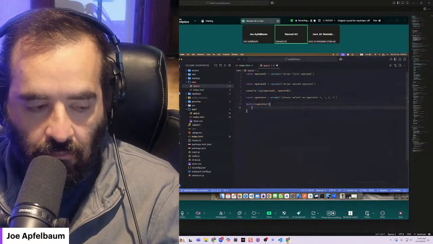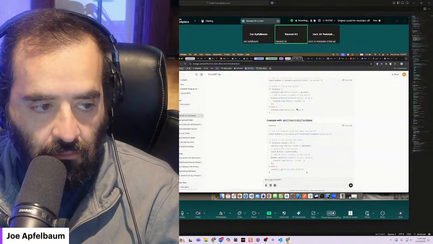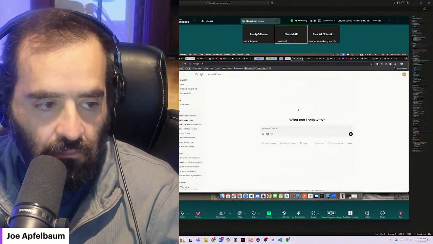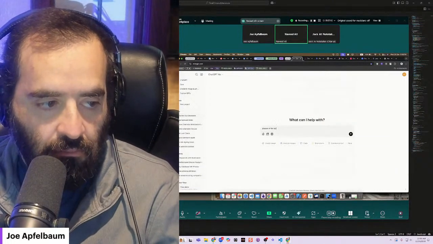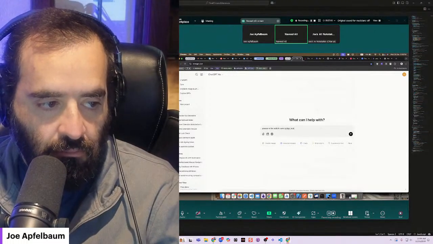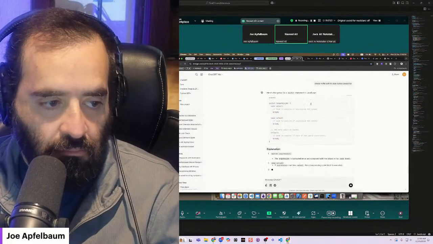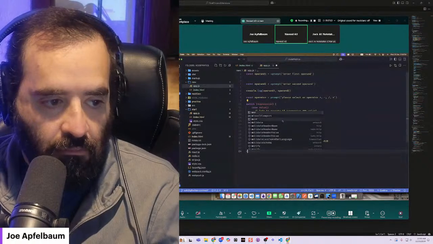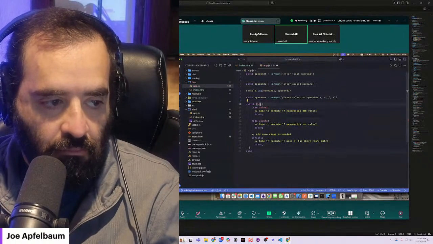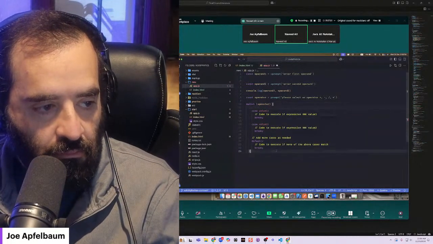And this switch is going to, I don't actually remember the switch case syntax. Please write switch case syntax JavaScript. Yeah, this is how you write it. So I'm going to write operator here. And now what happens is that when we do this, it's going to conditionally run a set